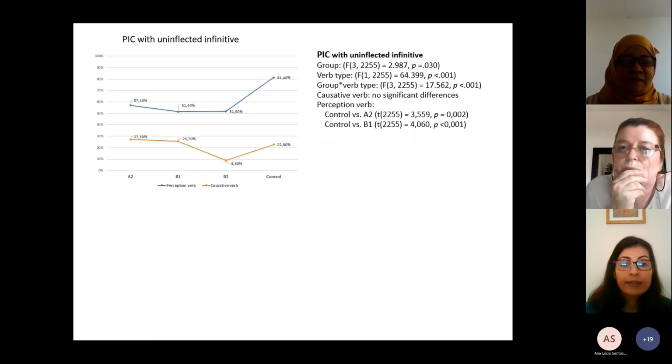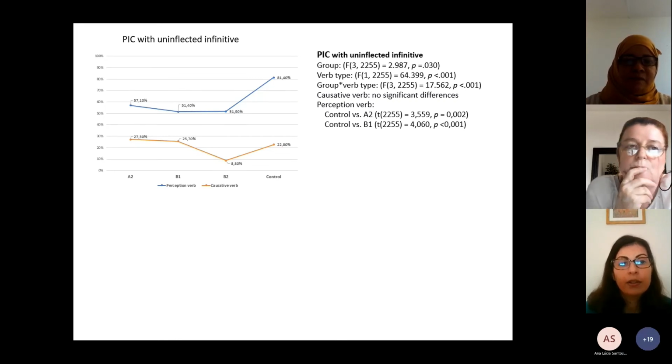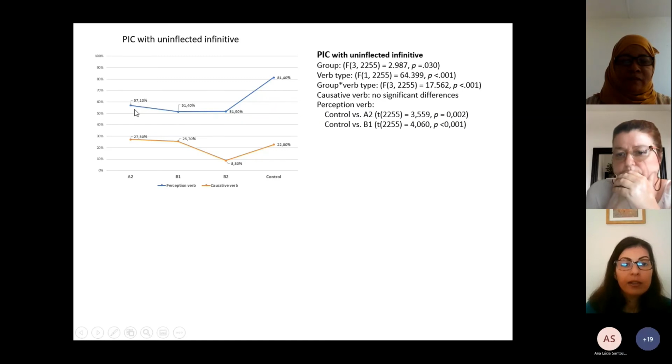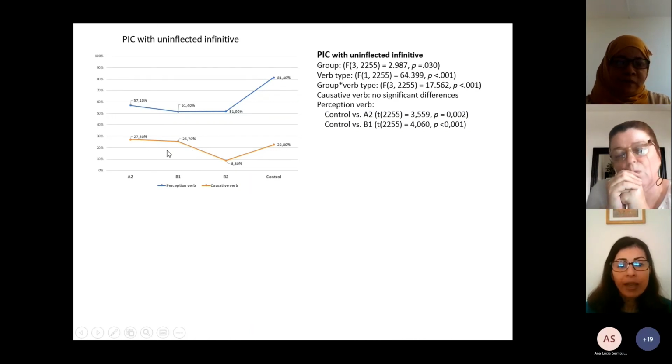And this is clear here in the results of the PIC with an inflected infinitive. We have higher selection rates with perception verbs in the control group, but in the case of the L2 speakers, the rates are much lower. In the case of the causative verbs, this was a grammatical option, and the selection rates reflect that